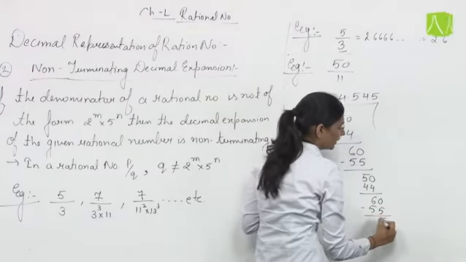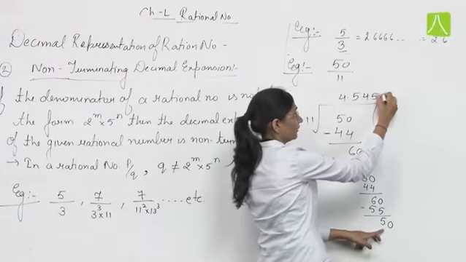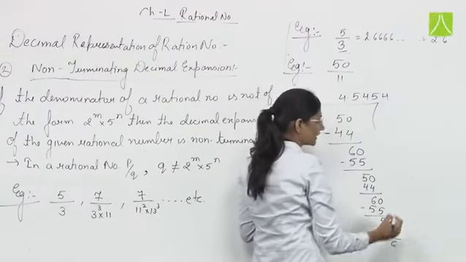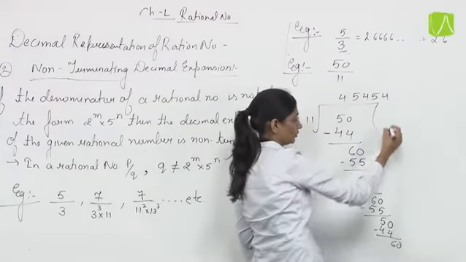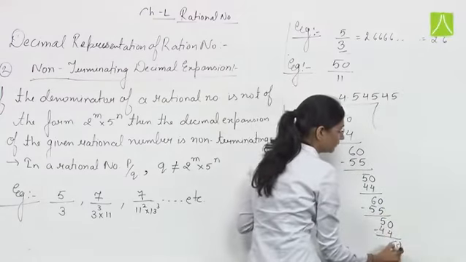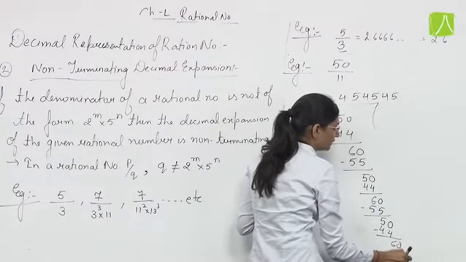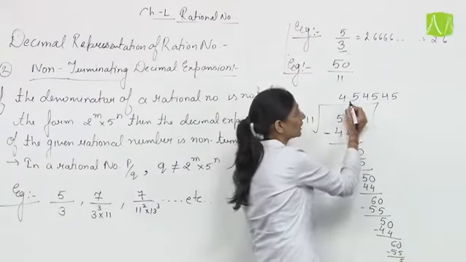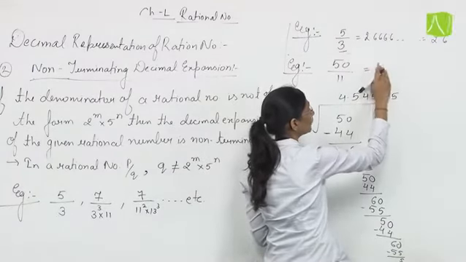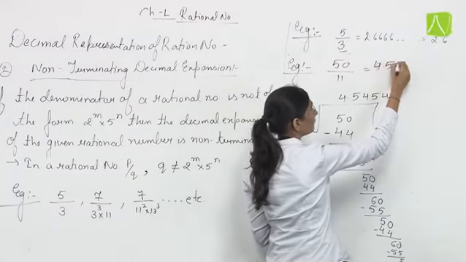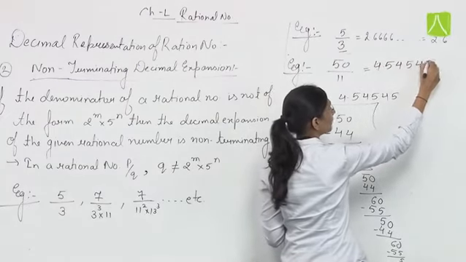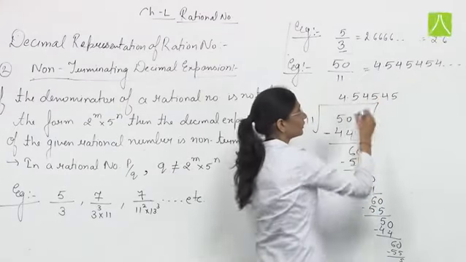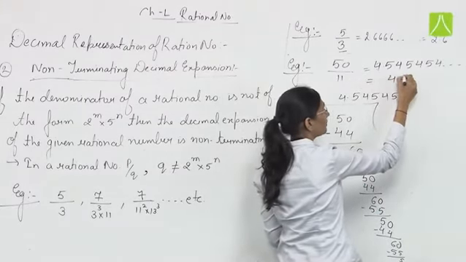Again, remainder is 5. Put 0. 11 fours are 44. Again, remainder is 6. Again, put 0, 11 fives are 55. Remainder is 5. This process will continue. The quotient is 4.545454, and it's repeating and non-terminating, which can be written as